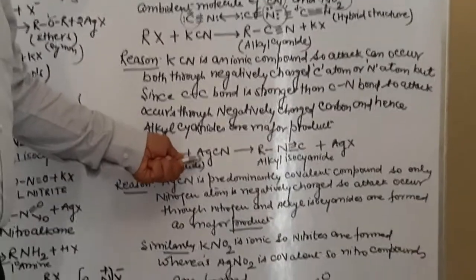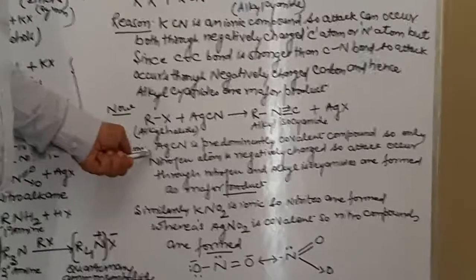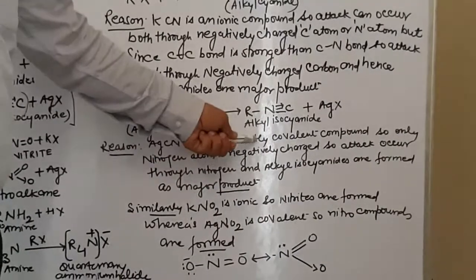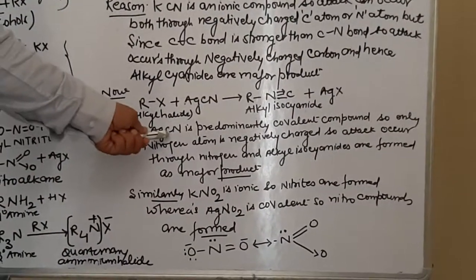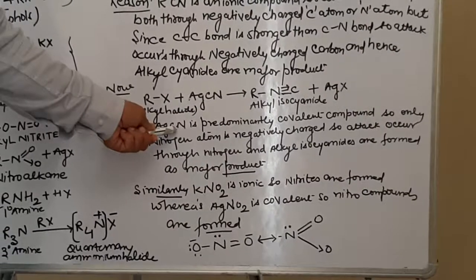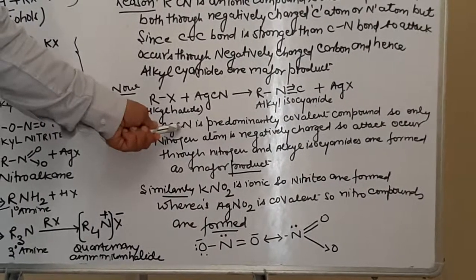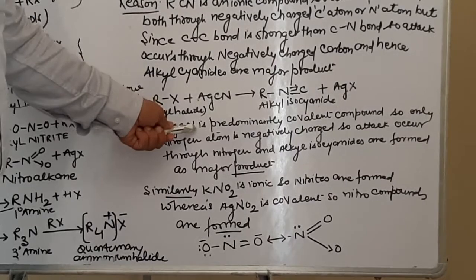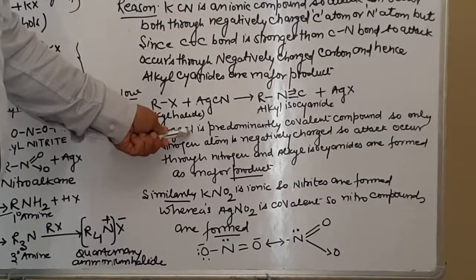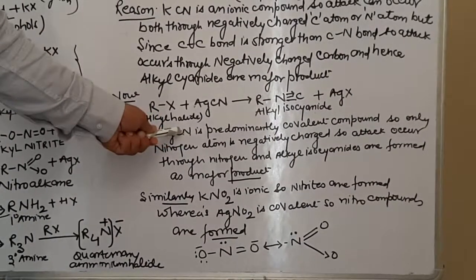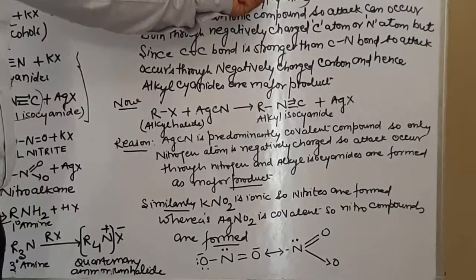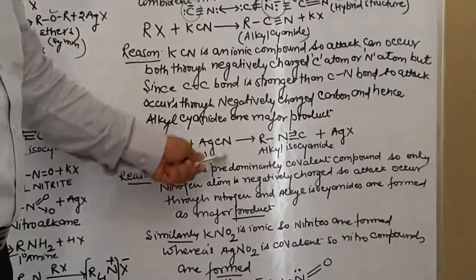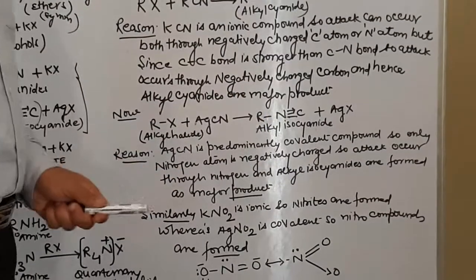The reason is very simple. AgCN is predominantly a covalent compound. When it is a covalent compound, definitely the attack cannot occur through carbon, as it does not have a negative charge. So from where can it attack? Only through nitrogen, as nitrogen has a lone pair of electrons. So when the attack occurs through the nitrogen site of the cyanide group, it will result in the formation of alkyl